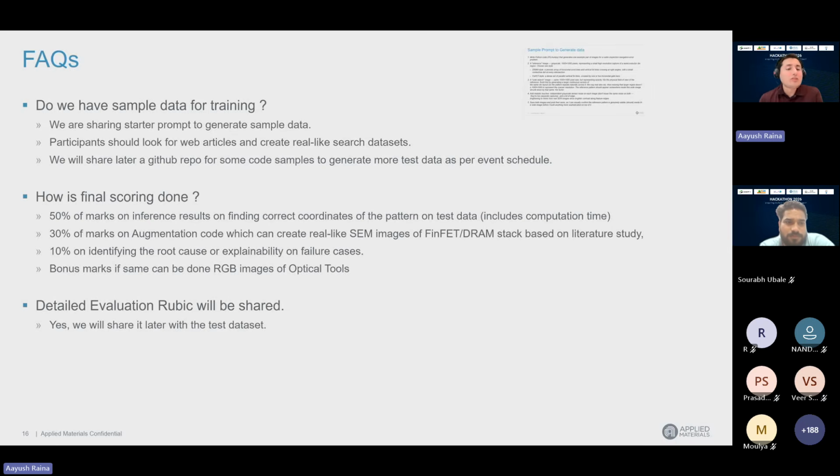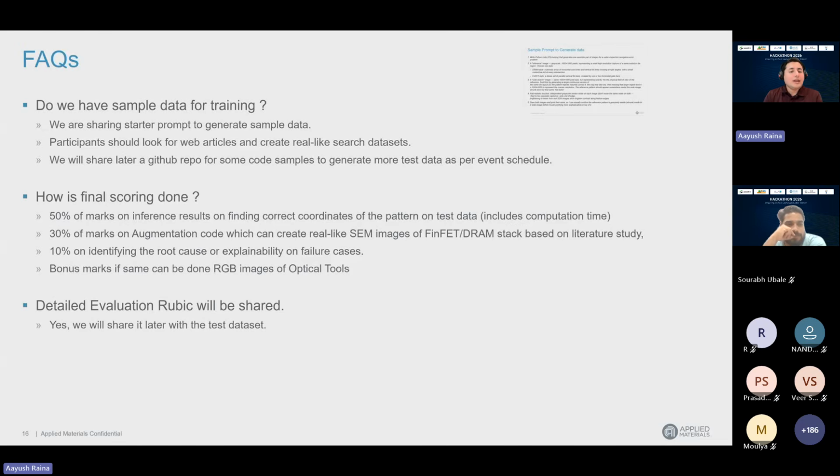How is the final scoring? This is very important, and everybody wonders where they should focus. First of all, the augmentation is very important. It will give you 30% weight, and if you read more and learn more, everybody can use it and have a clear shot at 30%. 50% is on the inference result on the exact confusion metrics, how we compute it, finding the correct coordinates. We'll see how stable the algorithm is in terms of confusion metrics and the PR curve, which I was showing, and also in terms of pixel-level error when adding noise.